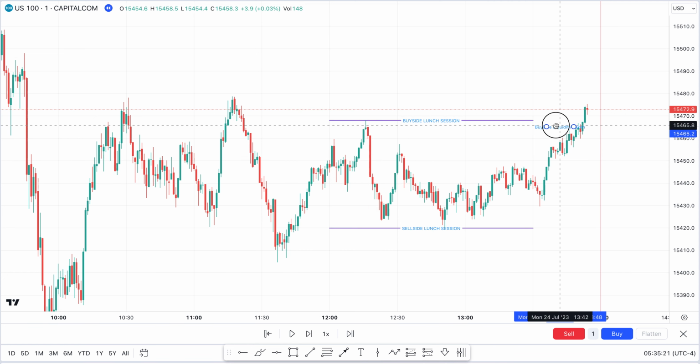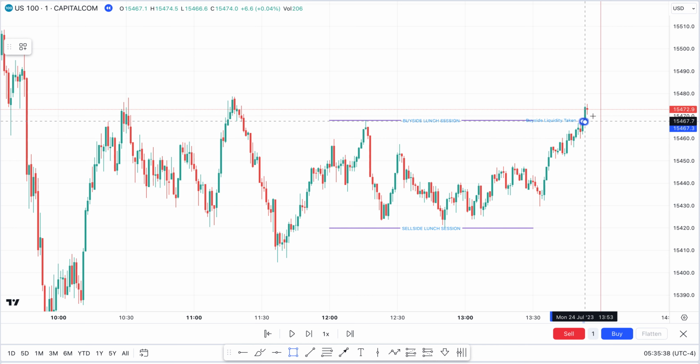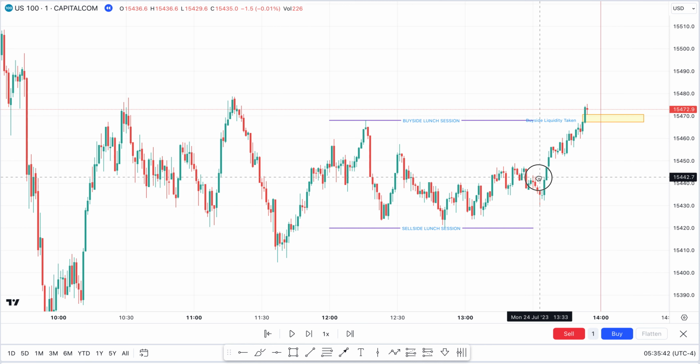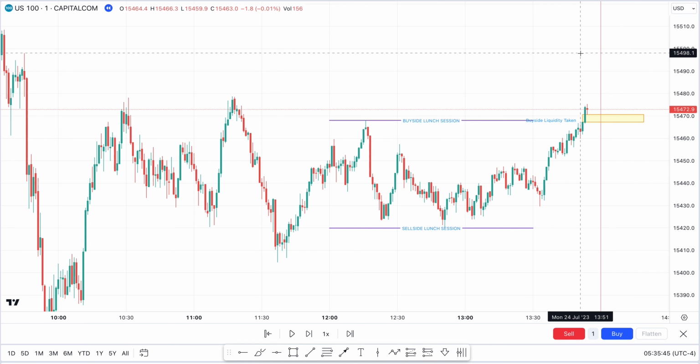Now immediately after lunch, the buy side or sell side liquidity is taken. I'll mark up the first fair value gap, and then if price respects that, I know I'm going to be looking for higher prices. Obviously there's high time frame